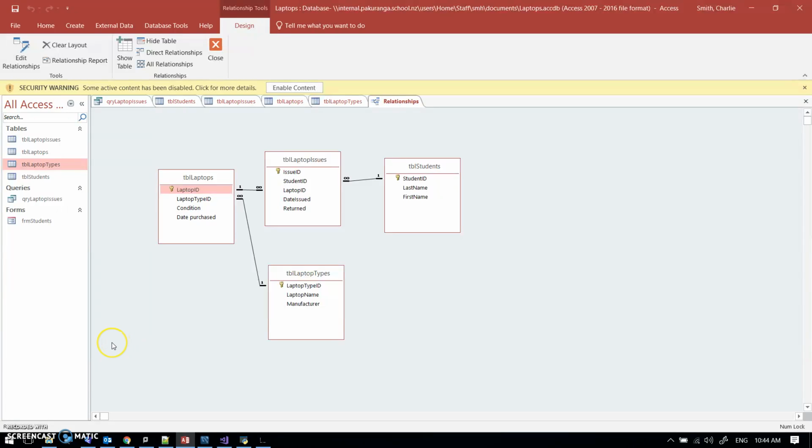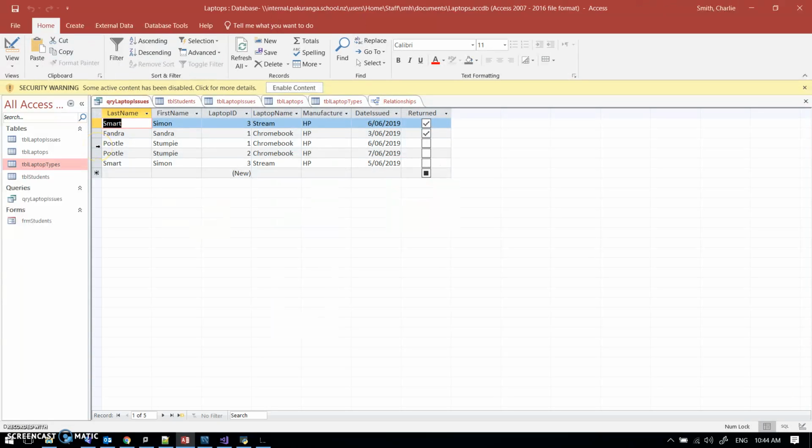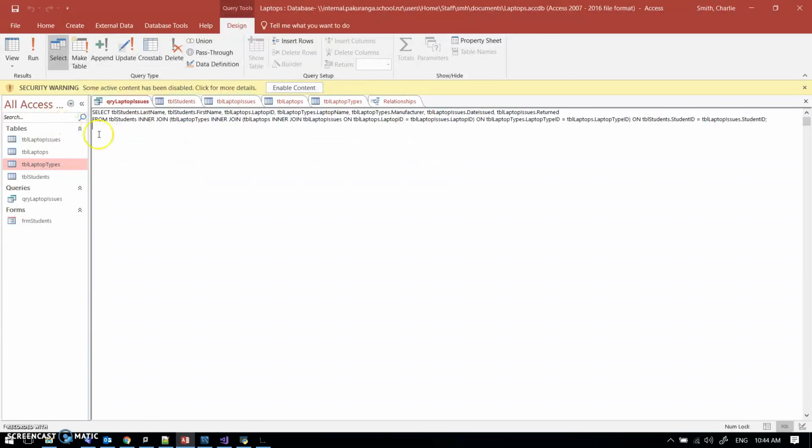I wanted to get the first steps of this laptop project done, so I've got this Access database which I gave to you guys, and I showed a query. This pulls together all the information from the separate tables about a particular issue: the name of the student it was issued to, the name of the laptop that was issued to them, who the manufacturer was, and date issued, and so on. This can be viewed in SQL view, and then what I've done is I've gone into, well,